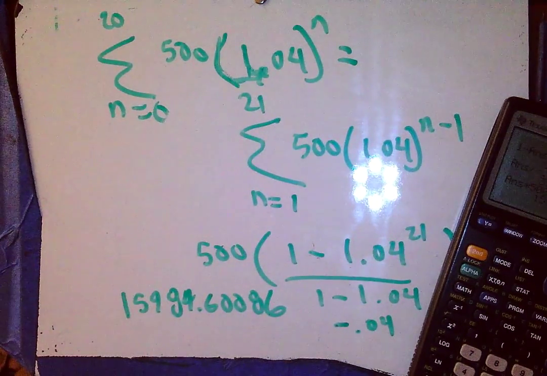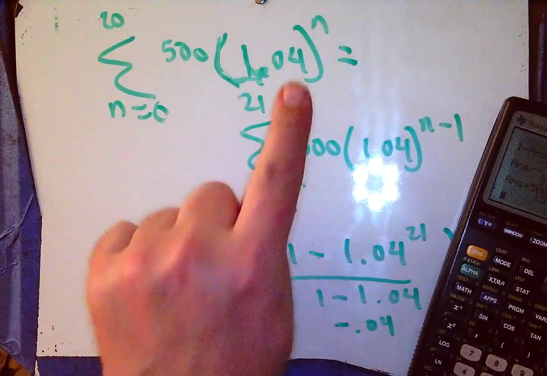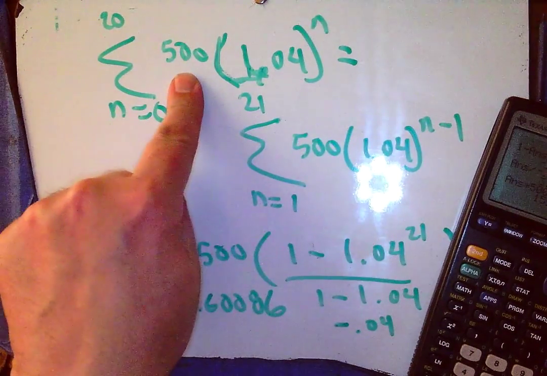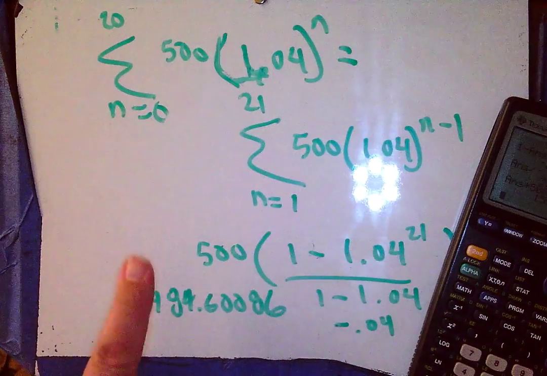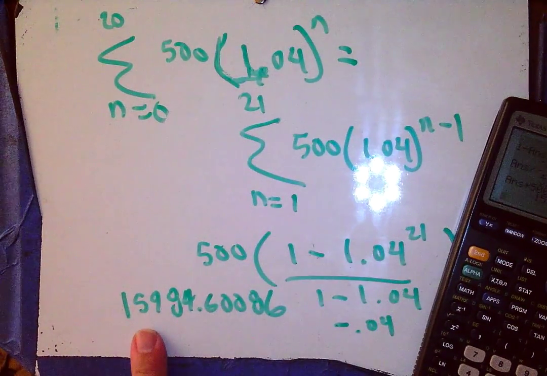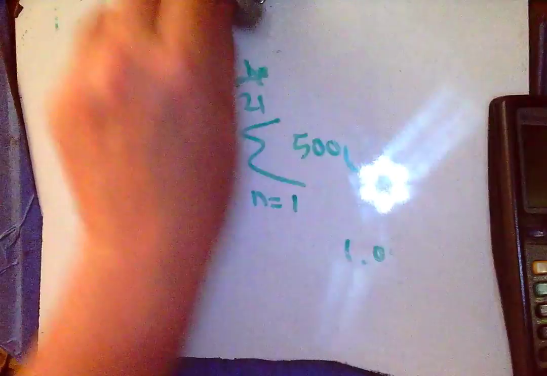All right, and I guess you could say if you were getting 4% annual interest and starting with $500, after 21 years, you'd have $15,984, and that'd be really nice to have. Okay,